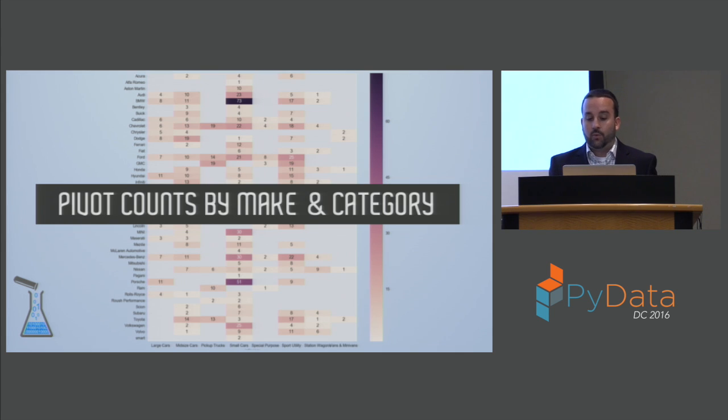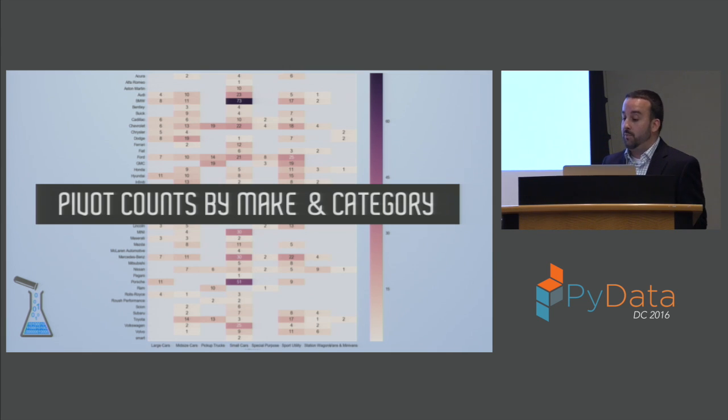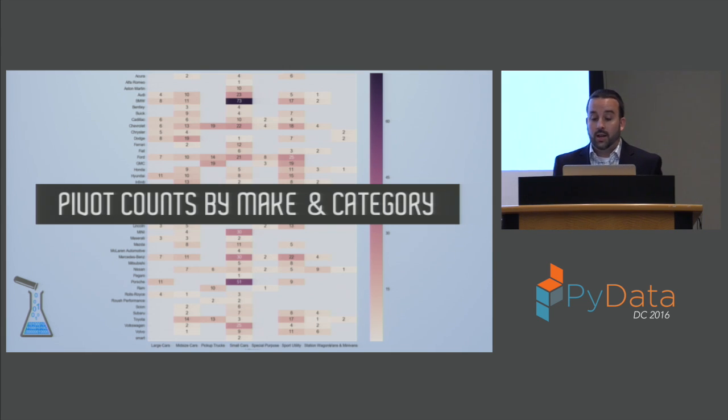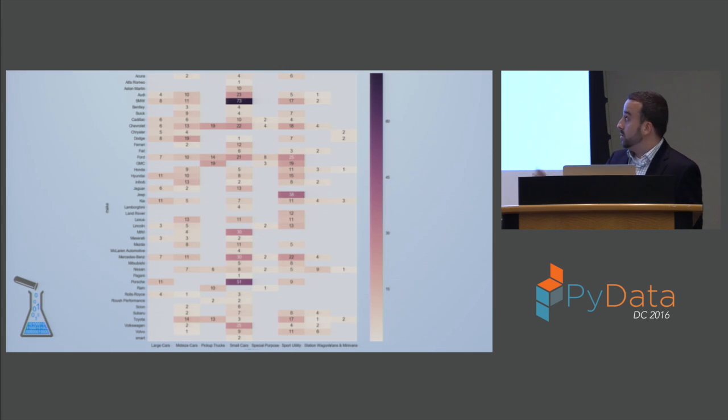And so if we wanted to go back to analyzing the different manufacturers, what we can do is take a look at how the number of models they have on the market is distributed across the different vehicle categories. So kind of something like this. And now I've got a better sense of each company's current strategy in terms of the breadth versus the depth of vehicles that they make.